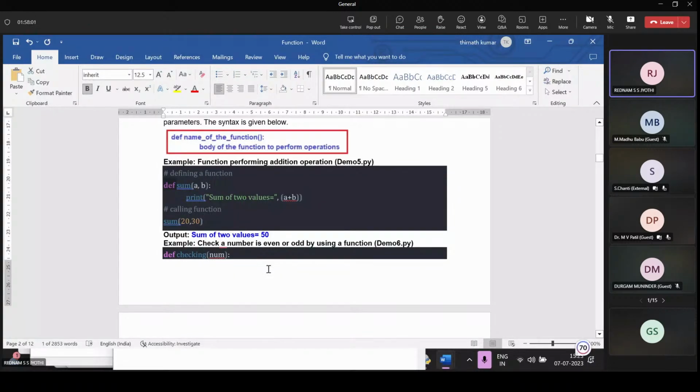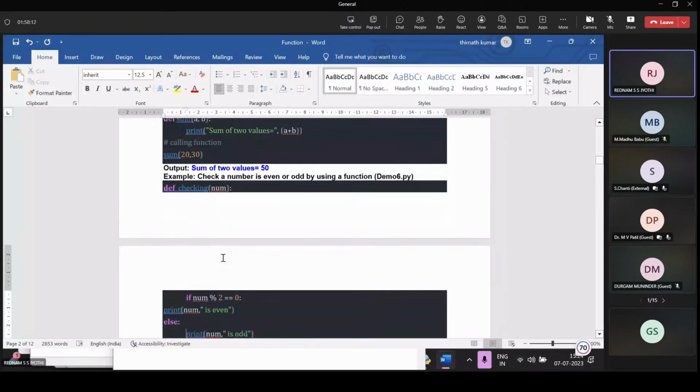Check whether a number is even or odd by using a function. There is a function definition here: def, the function name is checking, and we pass a number as a parameter.